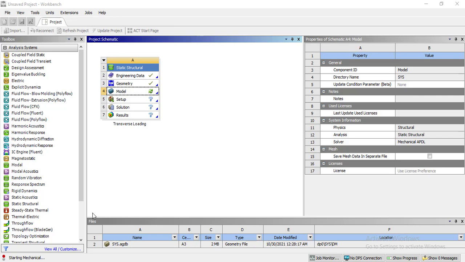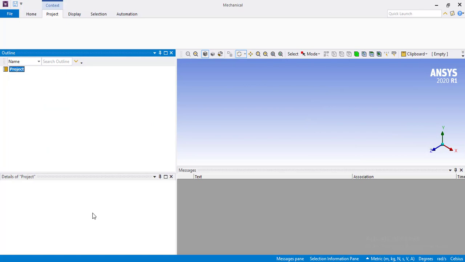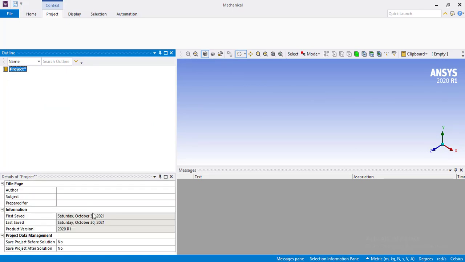As you can see, ANSYS Mechanical is used for three purposes: to assign mesh, to define boundary conditions, and the third and most important one, the results that you intend to find. As you can see, this window pops up, which is of ANSYS Mechanical. The project is loading and it is extracting our geometry from the design modeler.